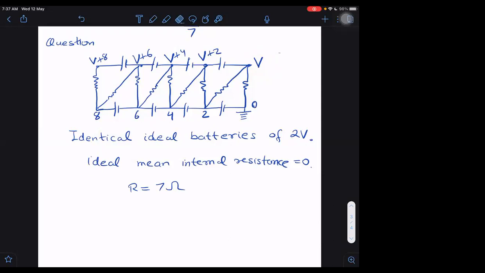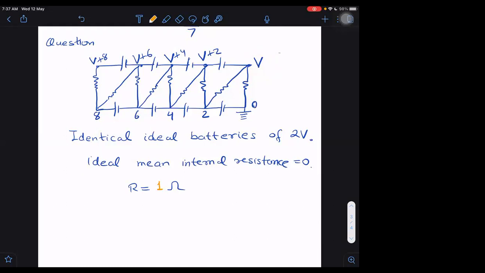Wait a second. R is not equal to 7. Did you take R as 7 only? Yes, sir. What is R? 1 ohm. Yes, sir, 1 ohm. Sorry, my mistake. I wanted to tell you something, but anyway, R was 1 ohm. Then V1 is also unchanged. There is something wrong. You are not doing it correctly.